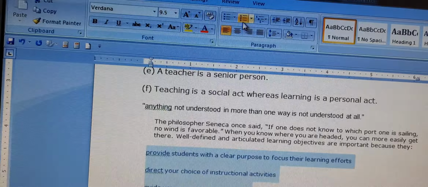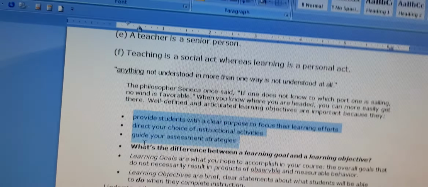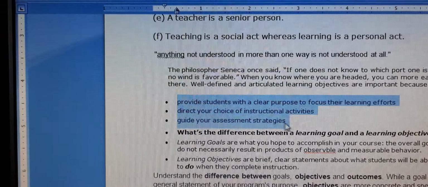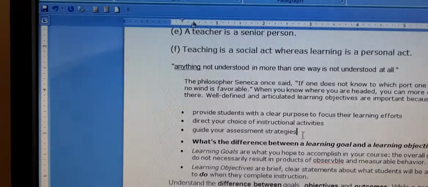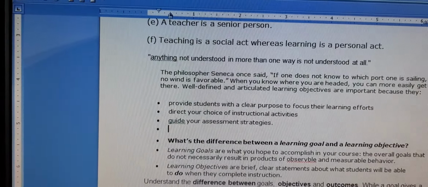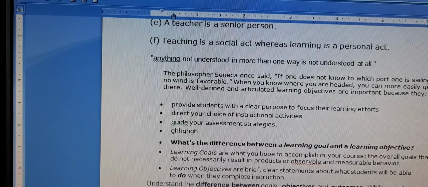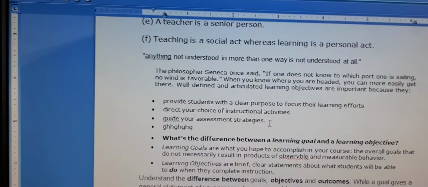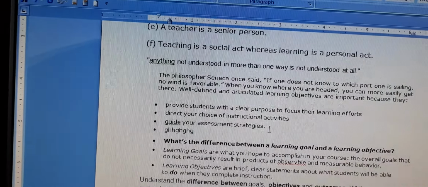This way you can choose bullets and numberings, and you can create your own way also. If you want to add a line here, you simply go down and type the text here. Okay children, so this is bullets and numberings.